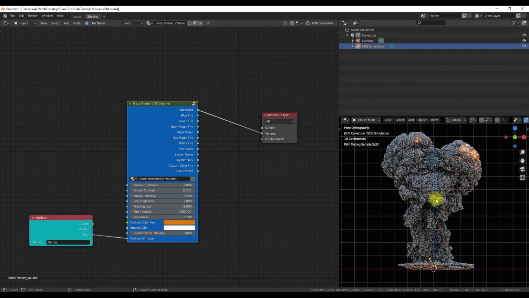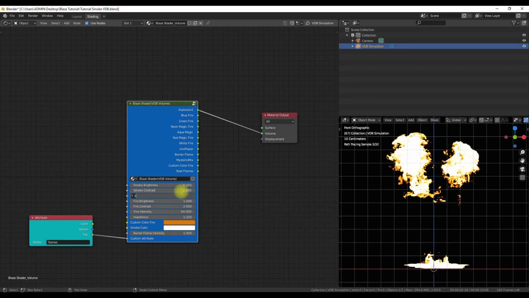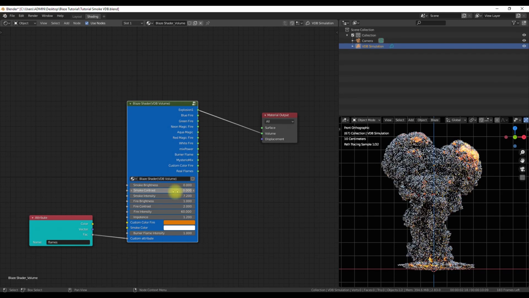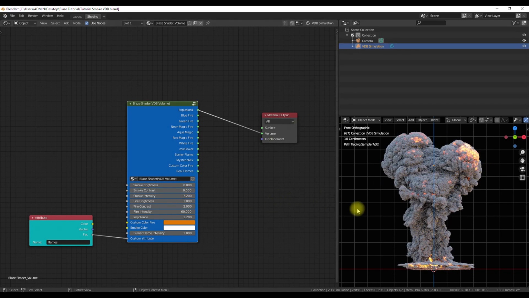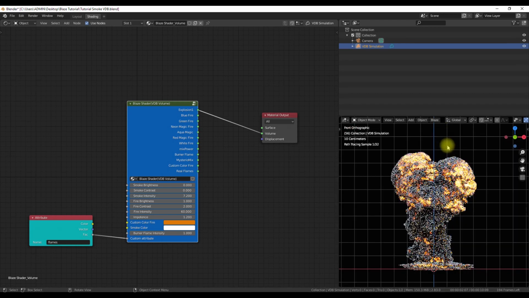These are the 2 inputs which directly tweak the density attribute, and changing these does not mean you are changing the value of smoke brightness or contrast. It actually changes the density attribute, and that will directly affect the amount of smoke in the simulation. Smoke intensity actually multiplies the density attribute, and changing it results in a change in the total amount of smoke in the simulation.